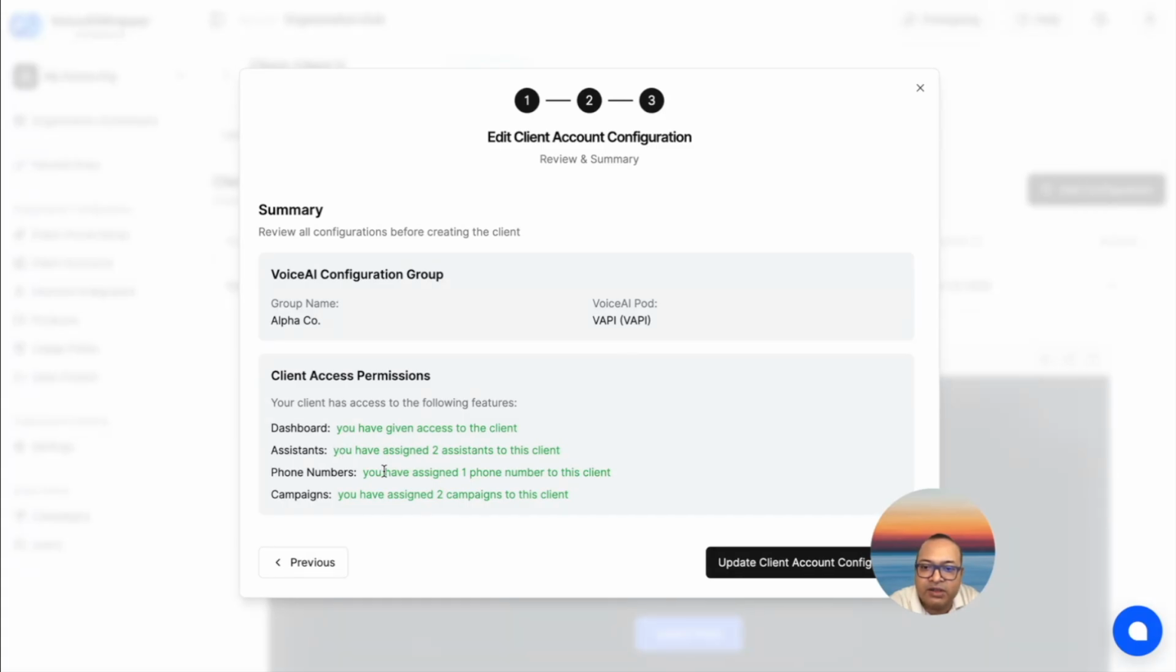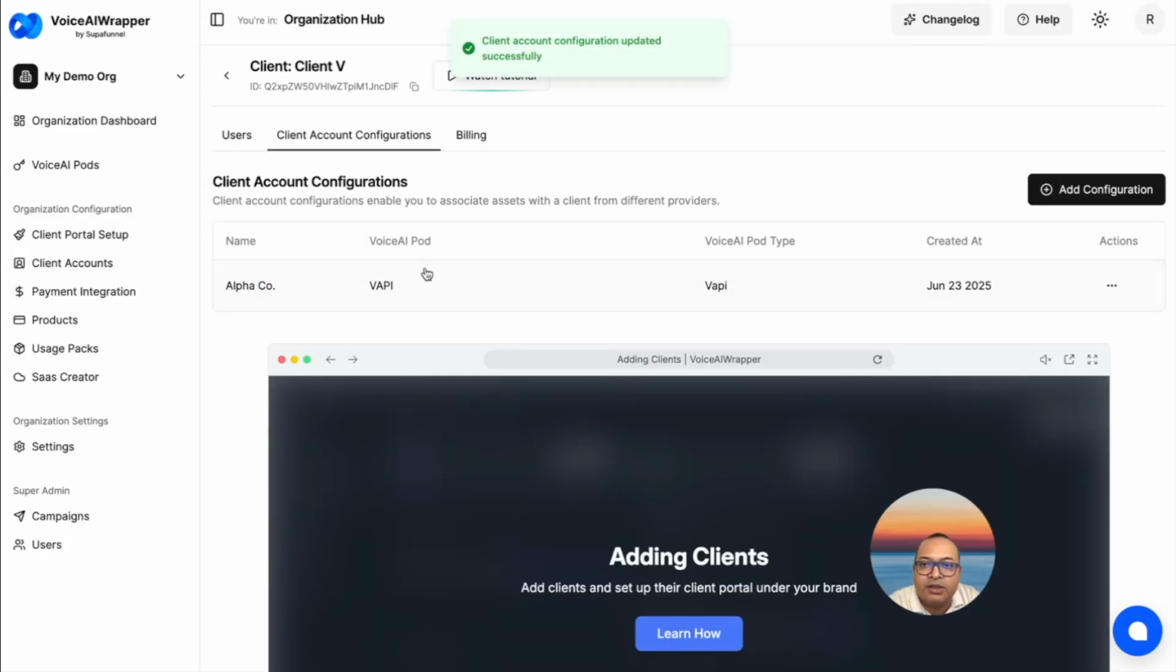I've assigned two assistants, phone number, and I'm going to just update. I'm happy with this. So now the last step would be to associate billing with the client. I'm going to do a separate video on how to set up products. But for billing,